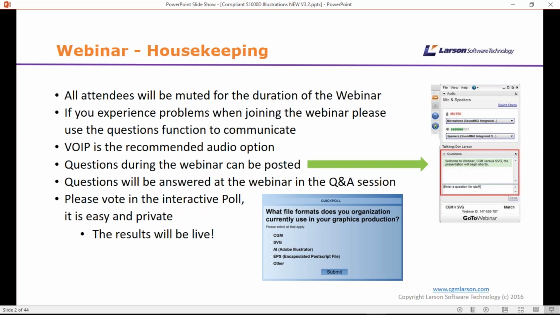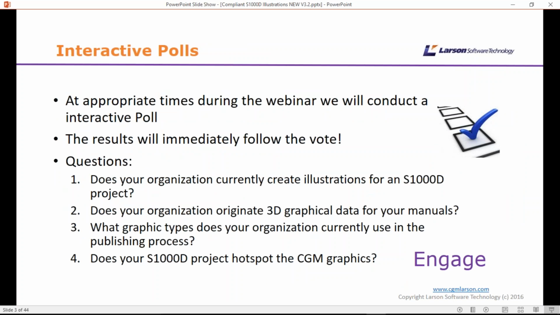We're also going to have some interactive polls, which we'll list here for you shortly. And those interactive polls, the results will be live, but they'll be anonymous. The interactive polls that we're going to have today, which we're going to show immediately after we take them, give you a little time to ponder these, if you will. The polls today are going to be: does your organization currently create illustrations